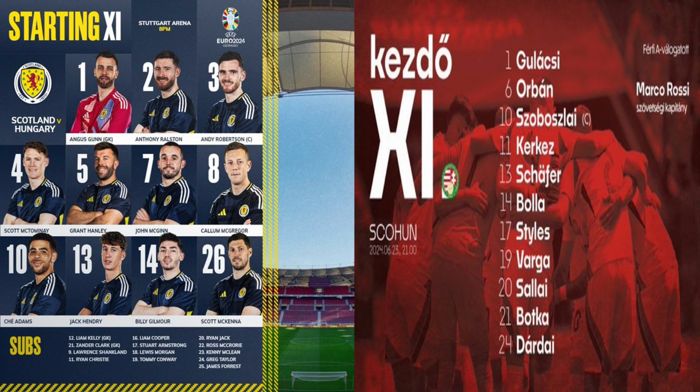for Shawloy, and then Styles will just clip it for Hanley. And Gunn have got to be careful here. It should come through to Gunn outside his penalty area, and he just lofts it forward, helped on by Ralston. Hungary though will try and come against Szoboszlai. There's an offside flag there. It's going to halt Hungary's progress, and it'll be a free kick to Scotland midway inside their own half,